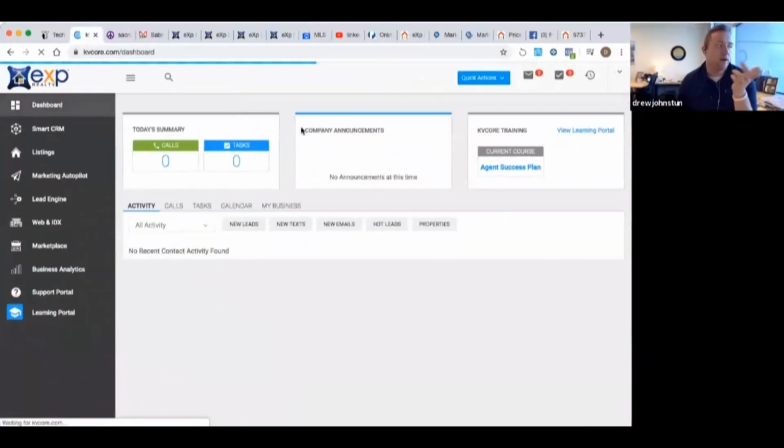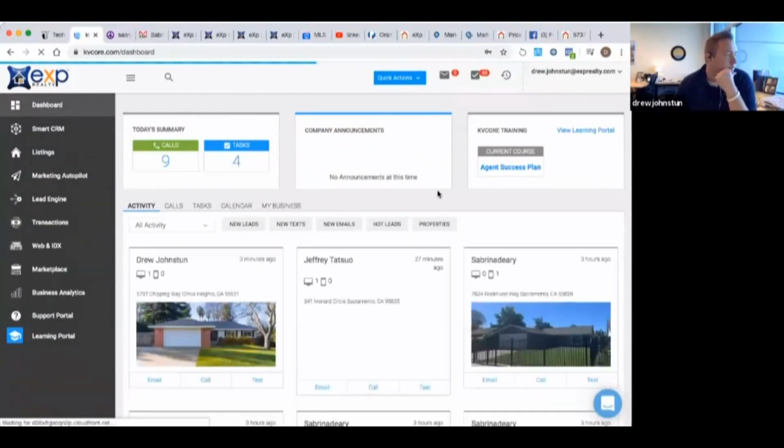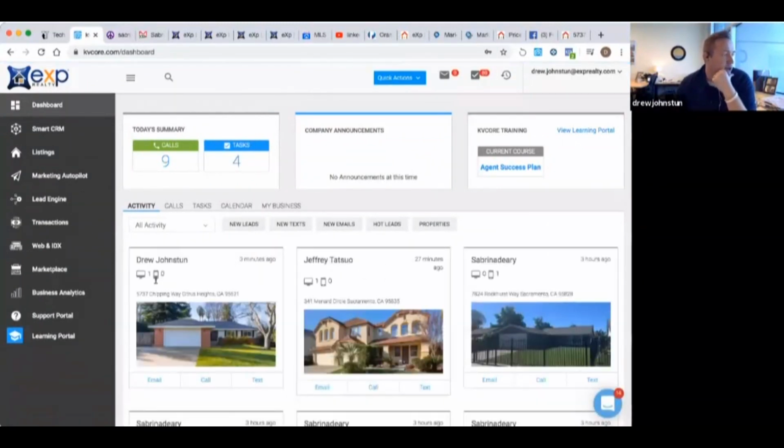Like I know when, for example, let's see. So you see here how it shows even me. I was just on this page, so it registered that I was looking at this property 3 minutes ago. If I'm a client, right, and I haven't been on the website for a couple of weeks, and I go and see a house, it might be a great opportunity for you guys, which, by the way, KVcore will send you a text message letting you know this person just visited your website. They haven't been on it for X amount of days.